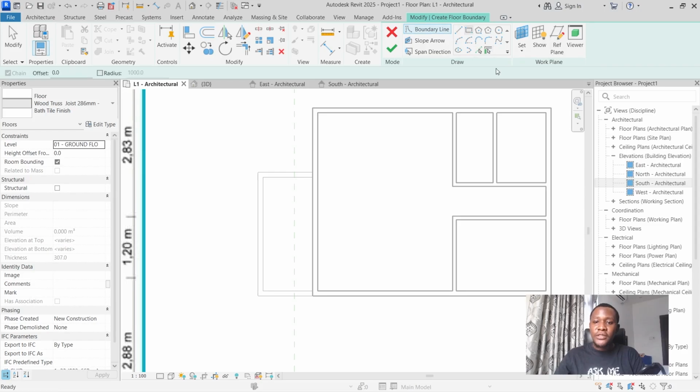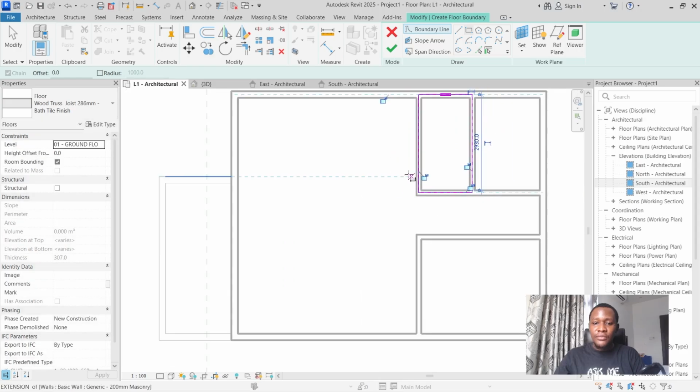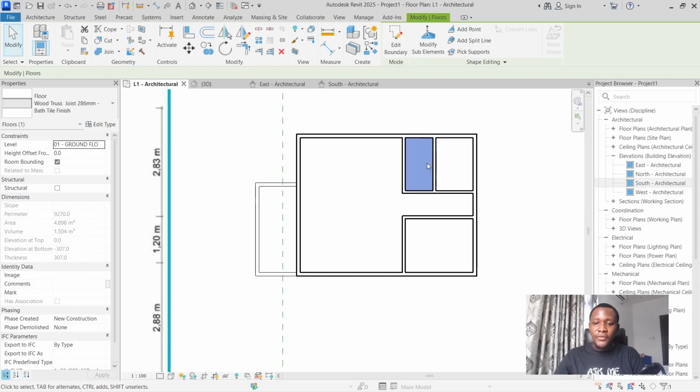And then I'm going to use a rectangle for this one. I'm going to draw the bathroom tile now. And here we go. Just place it, and then go ahead and click the green tick. And now we have a different floor for the bathroom, and we have a different floor for the rest of